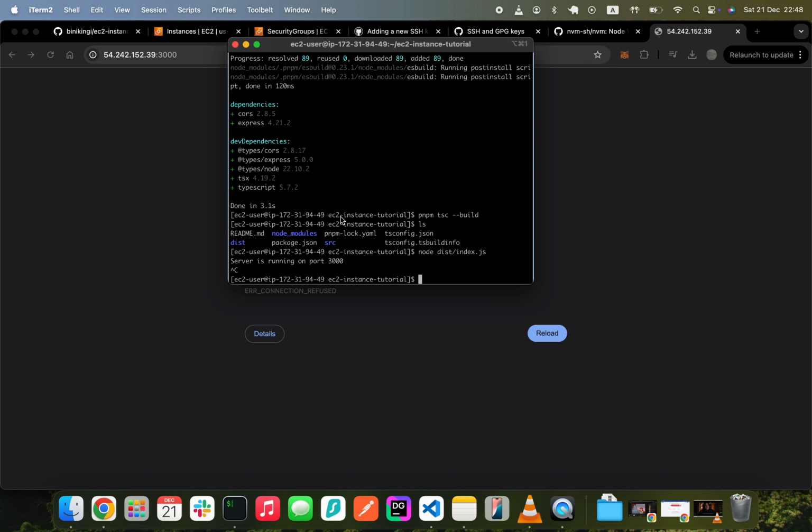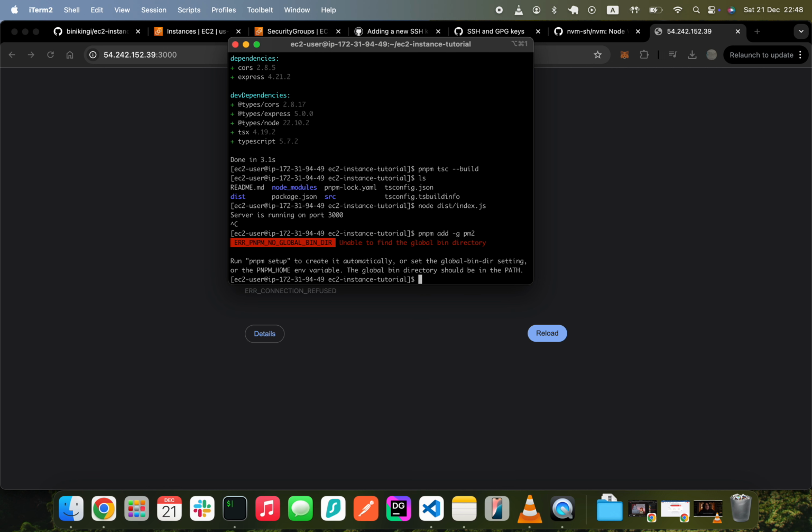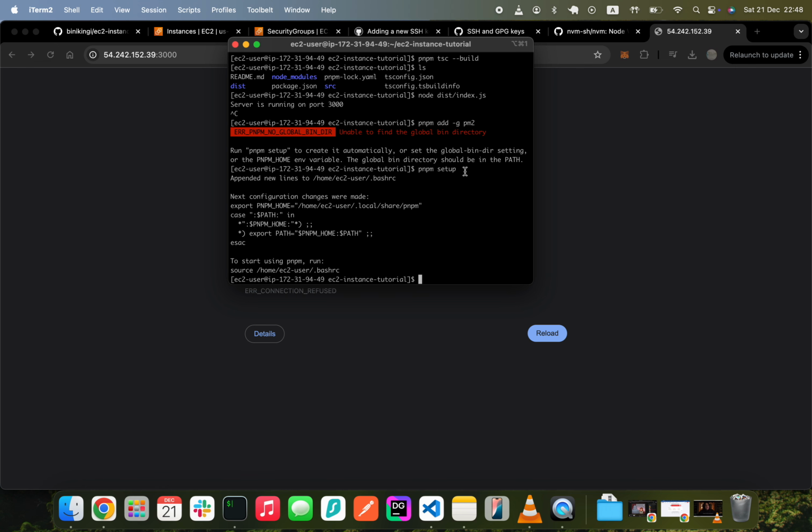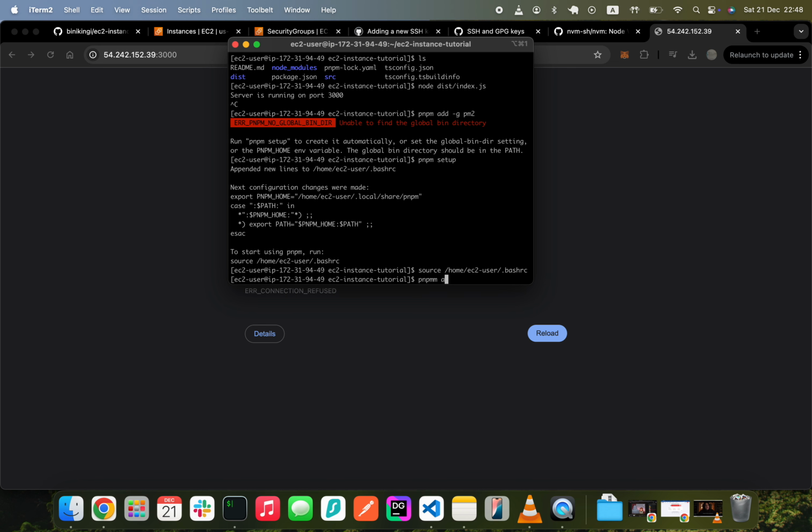So actually what I would like to do is install PM2. This is another library for running Node.js applications in the background. So we'll just add it here, pnpm add -g for global installation, PM2. pnpm setup first of all. If it's the first time that you're using pnpm, you need to run pnpm setup first of all, and run the source, of course. Now pnpm add -g